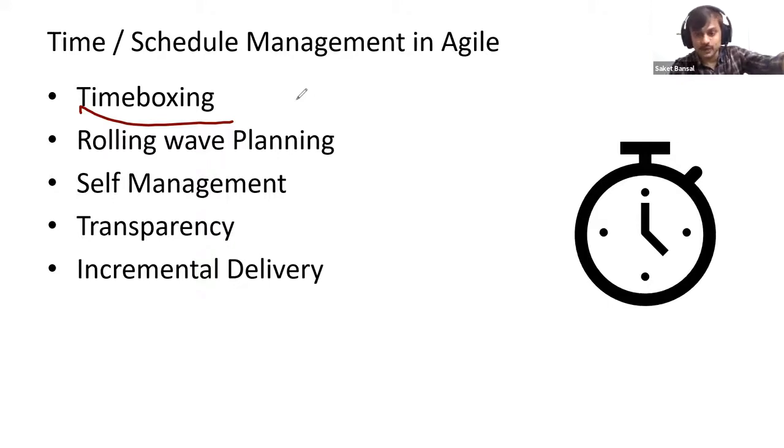So there is no critical path made in advance, because you don't have a scope, you don't have activities. So you cannot make a critical path in the beginning or at any time in the project, because it's always evolving. So it's time boxing, it's rolling wave planning. And as I said, the leadership is also promoting people to talk. So it's self-management and transparency, the way we spoke before, and it focuses on incremental delivery. So time boxing, rolling wave planning, incremental delivery